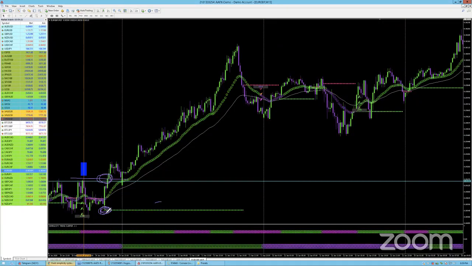I don't prefer this one because this one can keep shooting down, but it is the better entry. In all fairness, it's the least amount of risk. I would prefer this one that says, hey, it's now a confirmed move. That's more along the way of how I trade. So you have that option too, to say, hey, I got a signal, but now I'm going to wait to see if it makes a higher high.